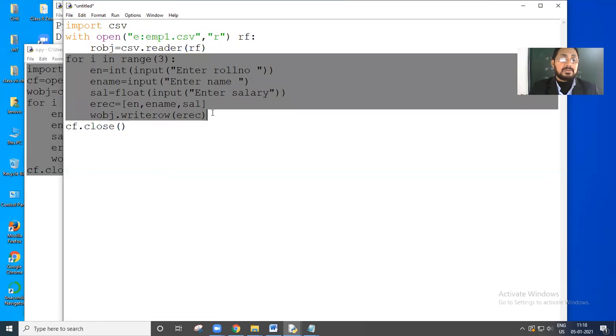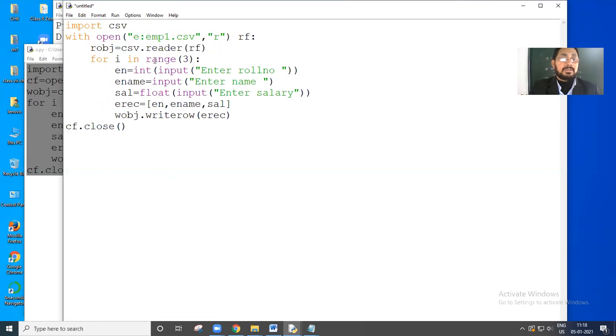Then for i in r obj, okay, and then simply instead of printing input I write print i, roll number, and that is i0, okay, then print ename,